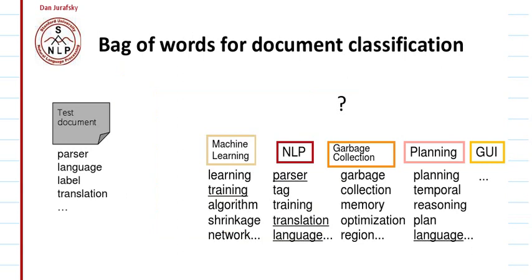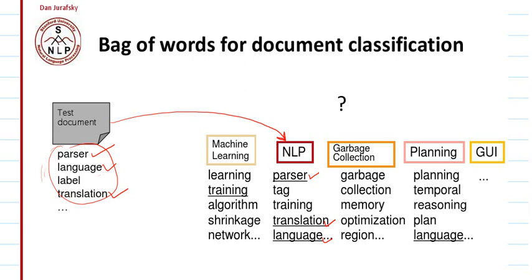This may belong to the parser, language, label, translation. So these set of words, if present in some document, we may again see that this parser is present most of the times. It is present in this NLP category of documents. Again, this translation is present here, and the language is present here. This parser is not present in any other categories. So definitely some kind of algorithm will try to predict that this particular document is closer to this category, or has the highest probability for this category as compared to